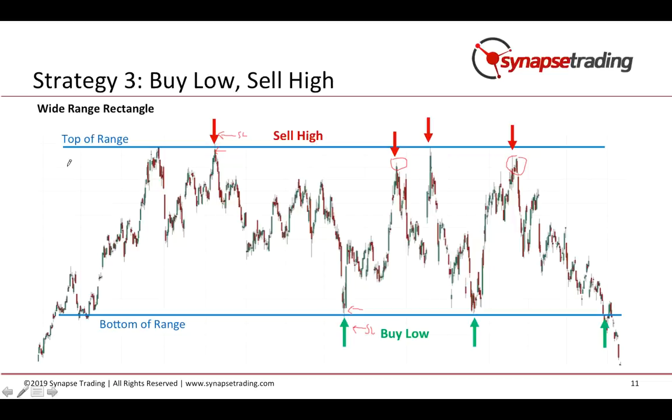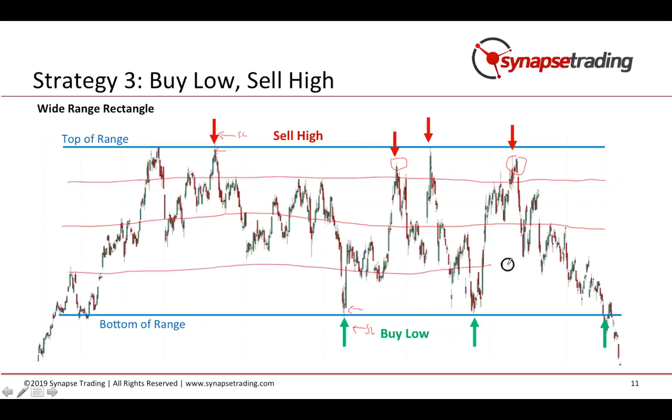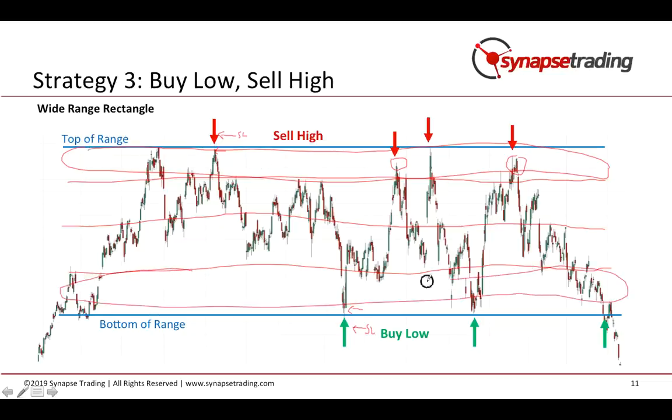So most likely, one simple method that I use is to just dissect the range into 4 parts over here. It depends on how wide the range is, right? So generally this part over here, which is the top 1/4, will be the area where I'm looking to sell, right? And the bottom 1/4 will be the area that I'm looking to buy, right? So this gives me a bit more room for error, because the prices do not always exactly touch the top or bottom of the range.